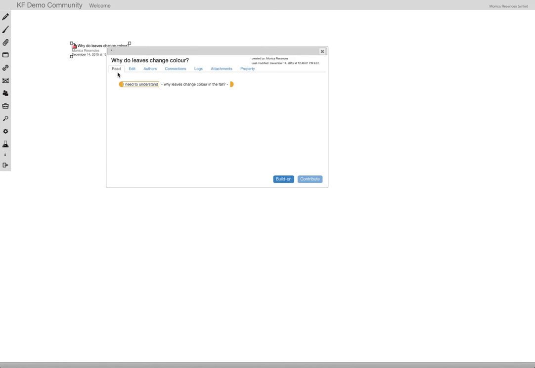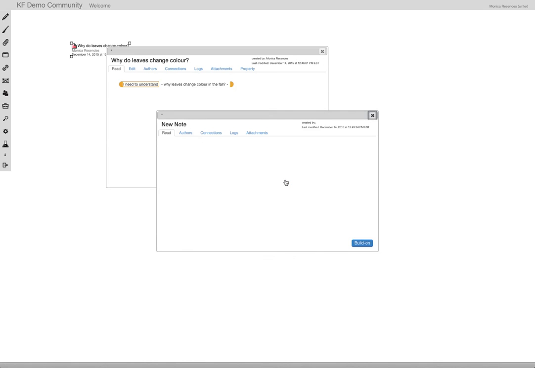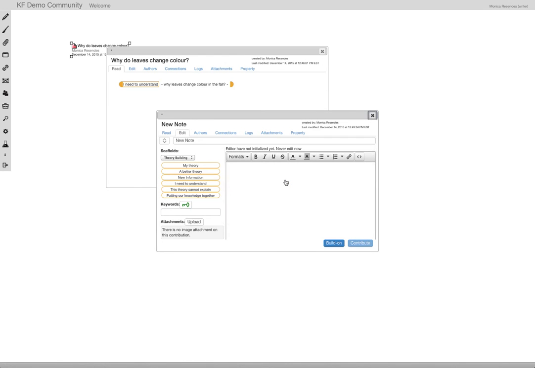And when I open it up, I notice that the interface looks a little bit different here, and that's just because I'm reading this note. I don't have access to all of those editing tools, so it's a nice clean interface here. So if I open this note and I wanted to respond to this question that was posted by one of my peers, I can simply go down to the bottom right here and I can click build on. And when I do that, a new note opens up for me to write in, and I can respond to this question. I'm going to use the scaffold my theory